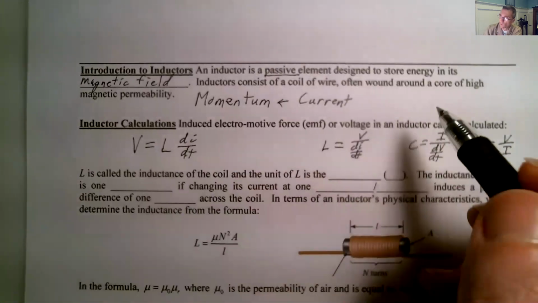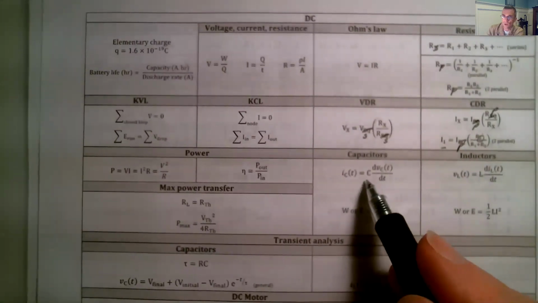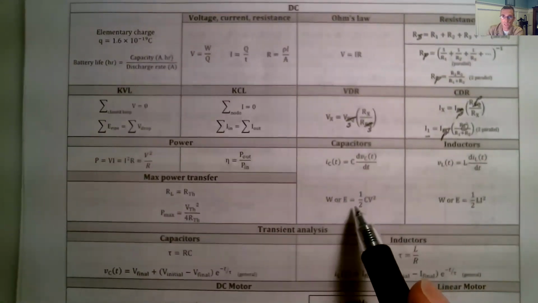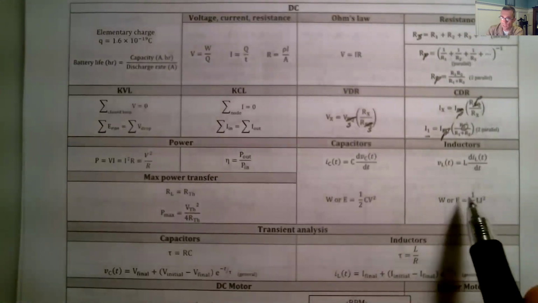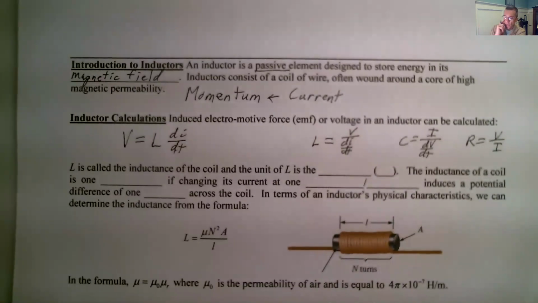So you can work that out from how these equations are. This is for a capacitor, that's for an inductor. This was the energy for the capacitor that I mentioned up above. And we'll later get to this one, which is very similar and looks the same. But first we'll talk about